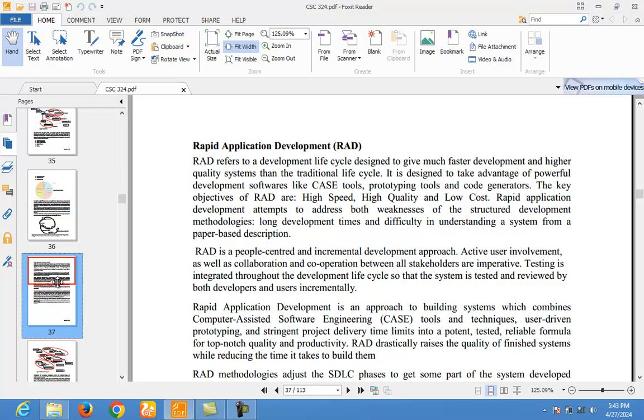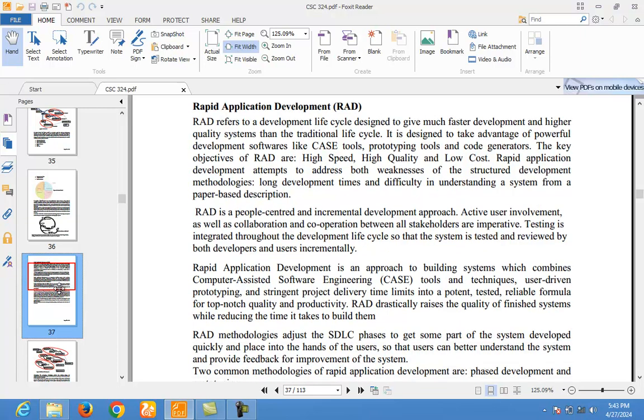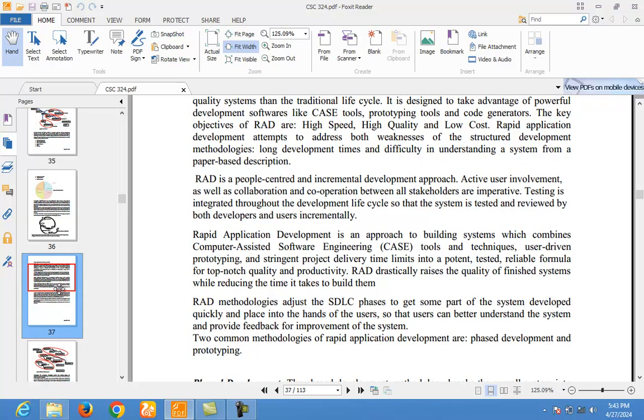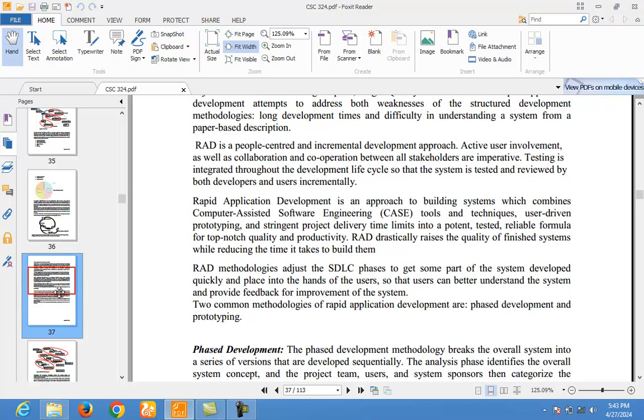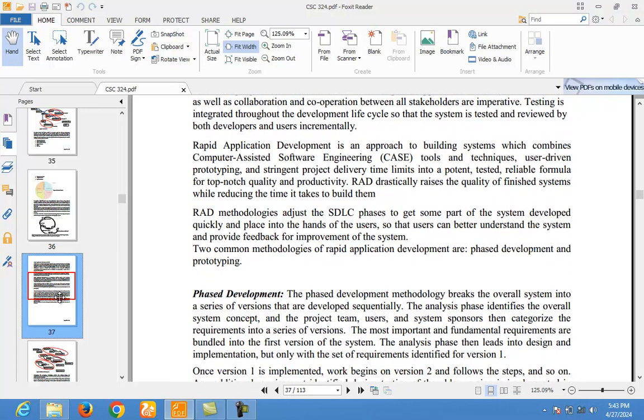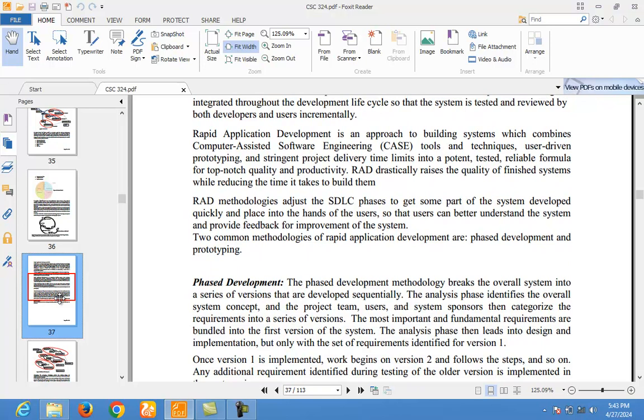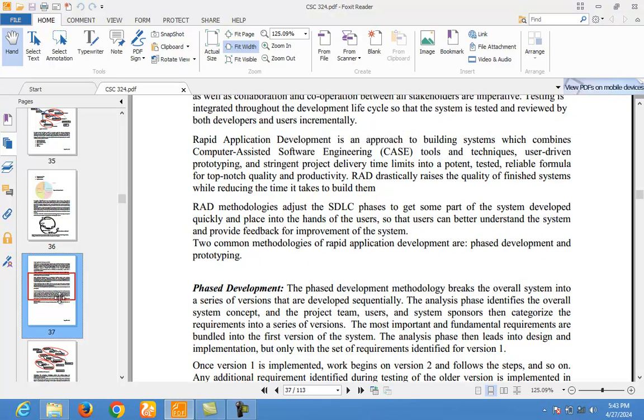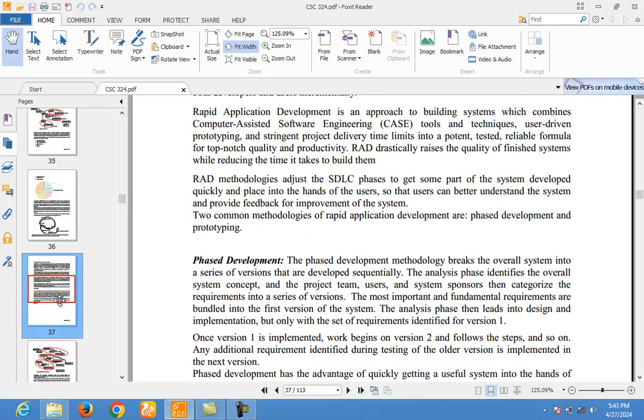So because you can see here from the word rapid, it means the design will be much faster in development and it will still give quality systems. So RAD is people-centered and it gives high quality at a very low cost. The approach in rapid application development is to build systems that combine computer-assisted software engineering tools, that is CASE tools